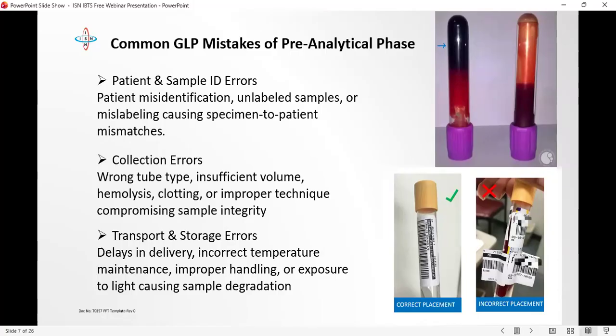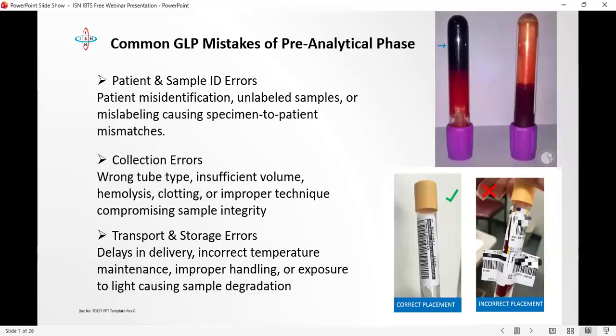So take a look at the screen. You see two different kinds of samples. The first picture there. One of the samples is clotted and the other is not. From this, which of them do you think will be good for analysis? This is an EDTA container, right? So this should be for hematology testing. Which do you think would be appropriate for testing? Please, you can unmute and answer. The one that is not clotted. Yeah, great.